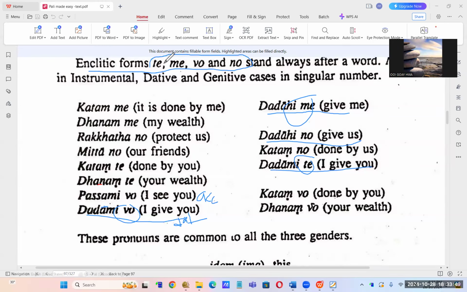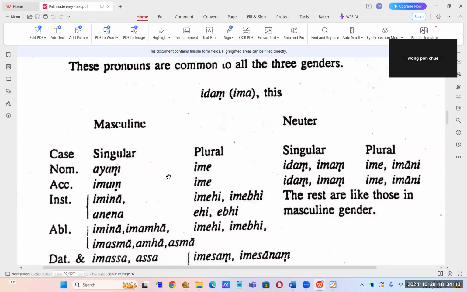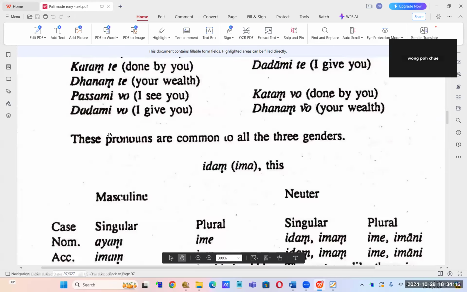Anyway, the most important thing is you need to know all these enclitics; they are actually quite commonly used: may, wo, no. So at least when you come to it, you should remember. Every time idam may or idam no and idam wo or idam te, we can also use it. Anyway, you need to do this and just find any other grammar book and learn together. The pasami also has long A. Pasami, tatami, long a, yes.